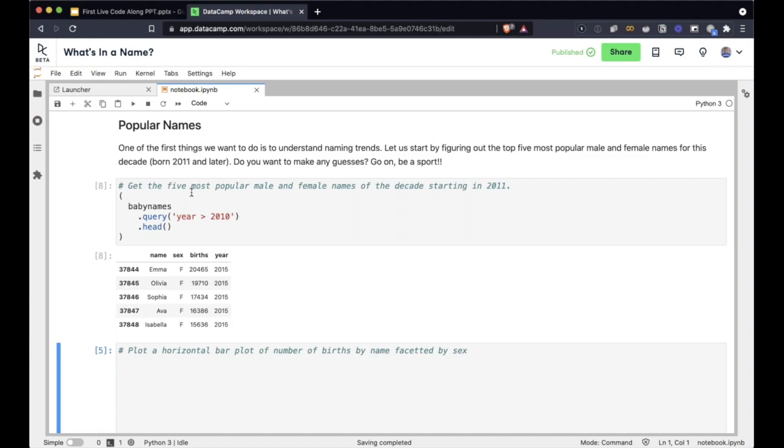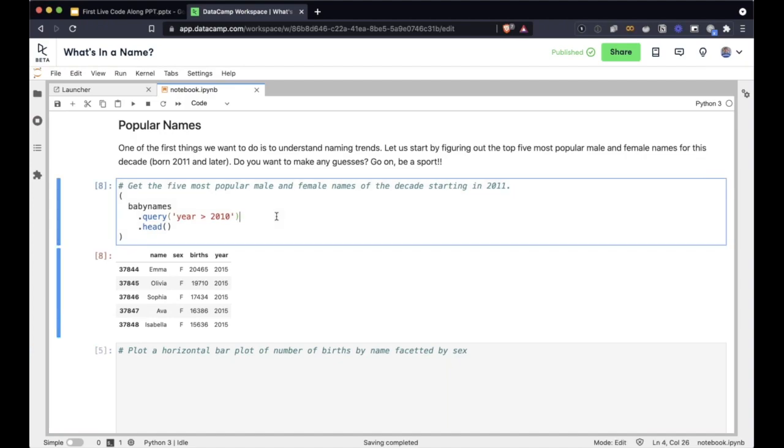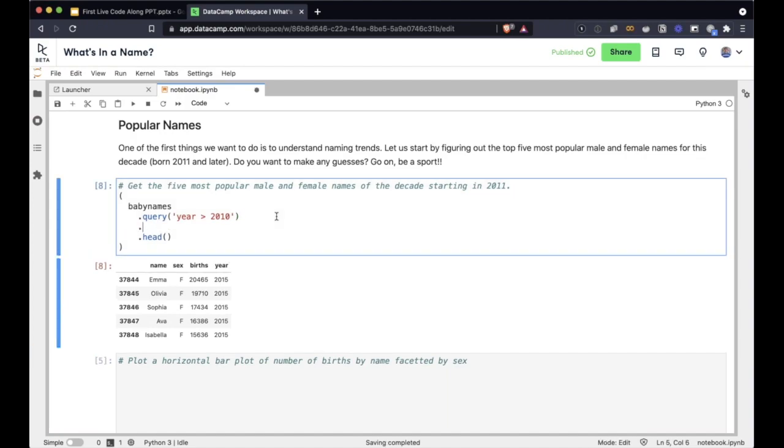The next thing we want to do is get the most popular male and female names of the decade. So we want to essentially ignore the year column. We want to aggregate the data across the sex and name columns. The way to do that in Pandas is we use the group by method. Inside the group by method, we're going to pass the 2 columns that we're going to aggregate by. In this case, it is sex and name.